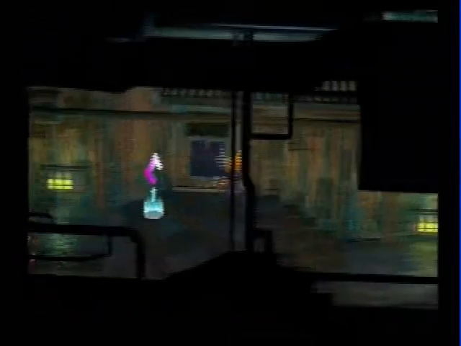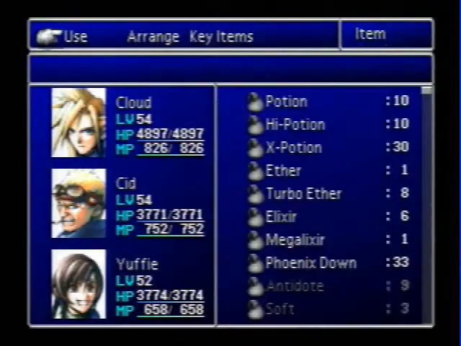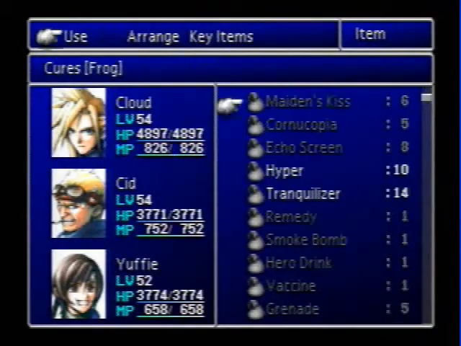The reason why we're saving... What is this place? Must be some kind of research establishment because there's a Mako generator? The reason why I saved is that I lack confidence in my ability. Escort guard. That is a... I don't know what it is. What is it? Jeez, we got a lot of items, so...